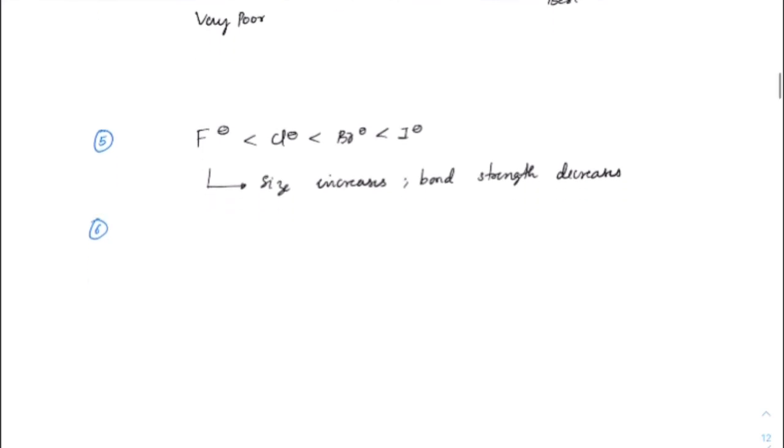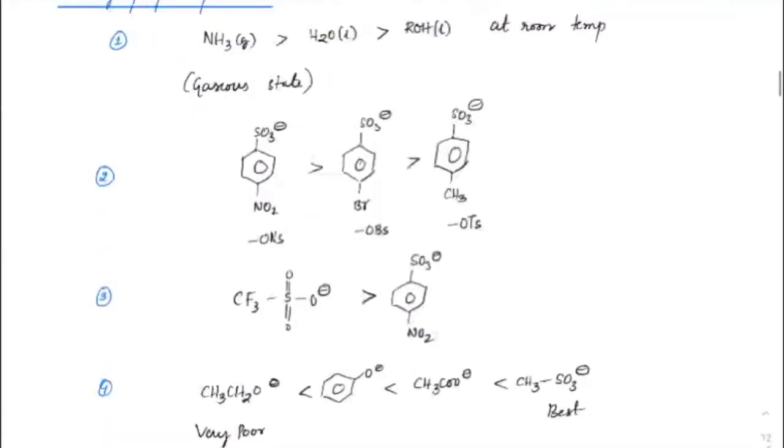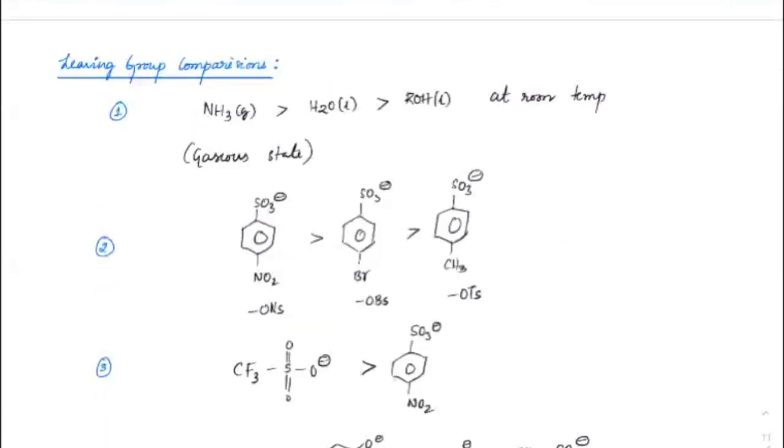The last comparison, you can see CF3COO minus. If you compare that with CH3CO minus, again this is quite acidic. When you take trifluoroacetic acid and simple acetic acid, you know that it has a very strong minus I effect, because of which this would act like a good leaving group. So I guess these are all the cases you will come across when it comes to leaving group comparison.